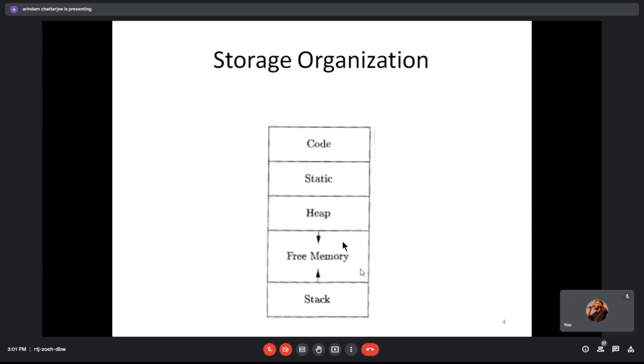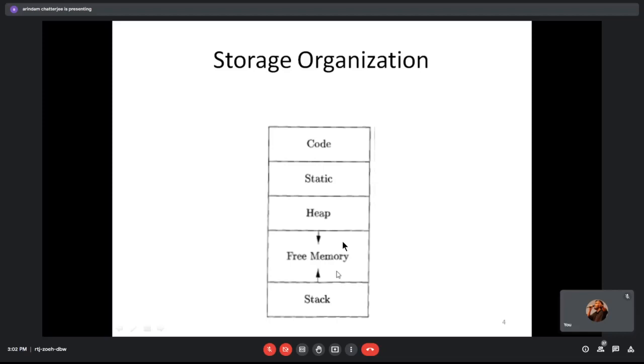Okay, look at the static area. Why is the static area there? Can anybody tell me? Why do we have a static area? So to store the variables or blocks of code which will be common for all the instances of a particular class or something.